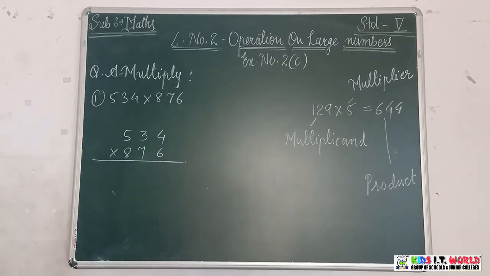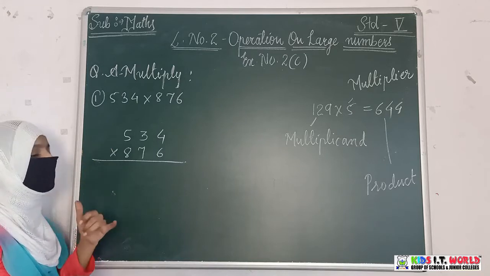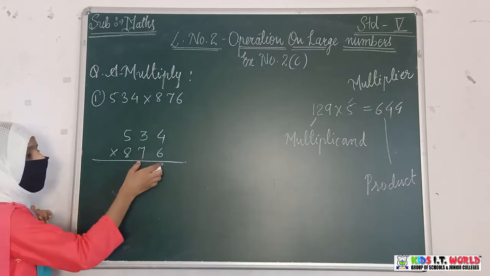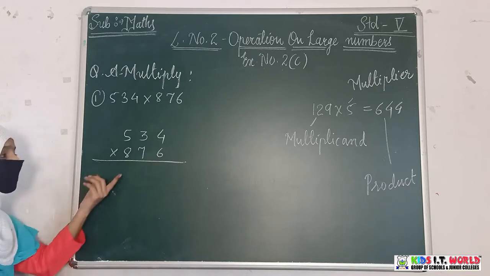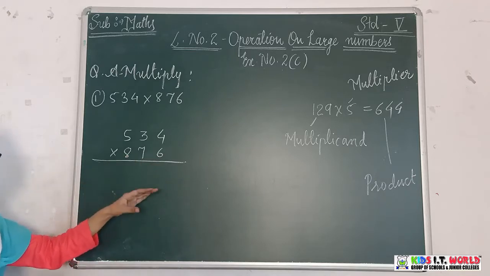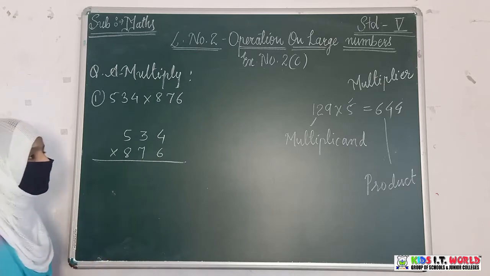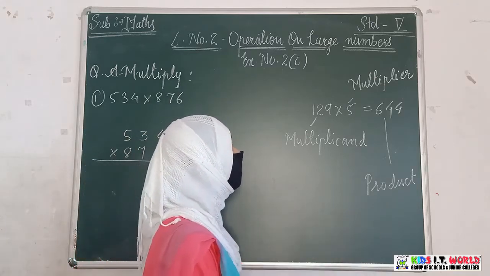Here the third topic is multiplication. All of you know how to multiply the numbers, but in the previous year you have multiplied the numbers of 3 digits, 4 digits, 5 digits. In the multiplier you are having only 2 digits, but in this year you have to learn about the multipliers of 3 digits or maybe 4 digits. So what is multiplicand, what is multiplier, and what is product in the multiplication?